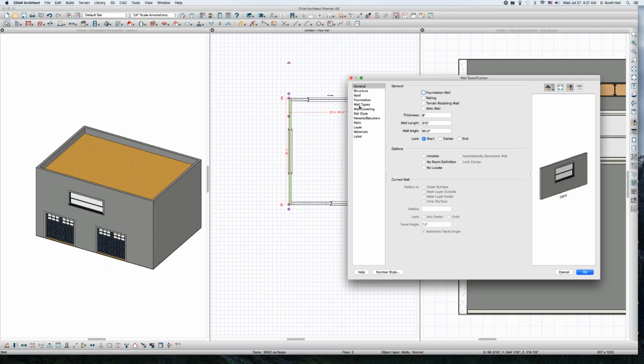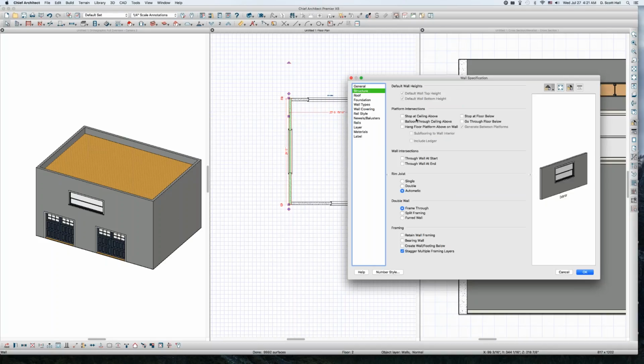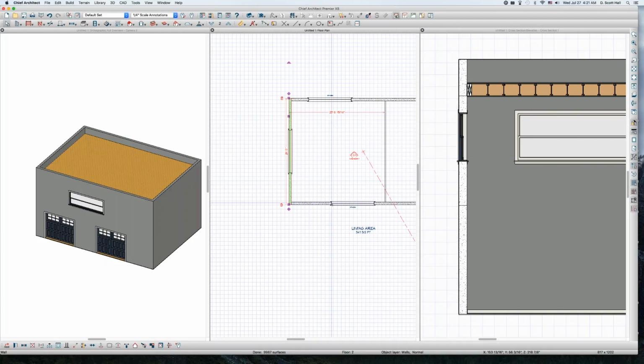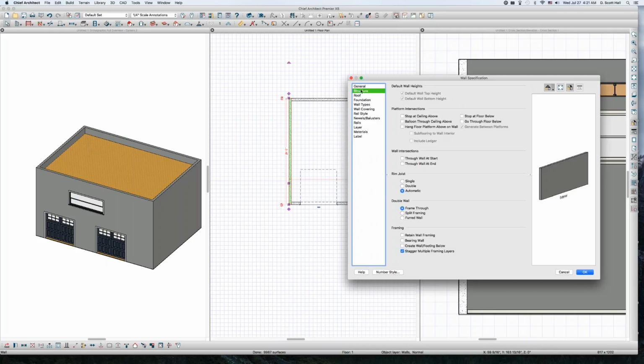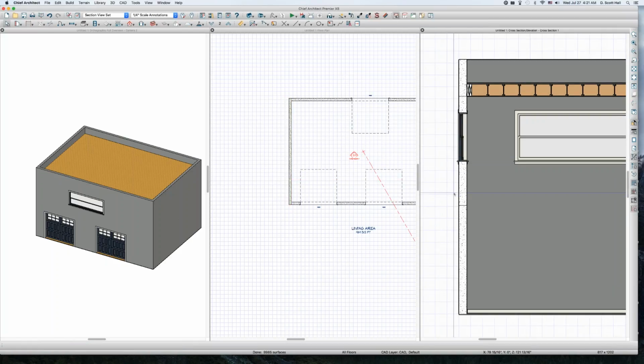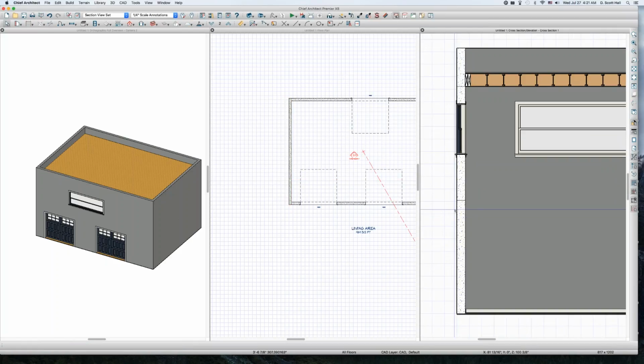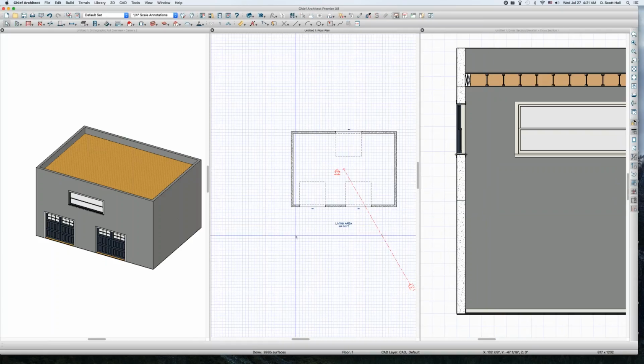If I open this up, structure, go through floor below. Boop. I don't know if it worked. Down, up here, UU, and I'm going to call this balloon through ceiling above. That didn't work. I was trying to get rid of that little line. I guess I can't. But the advantage of using 3 levels for